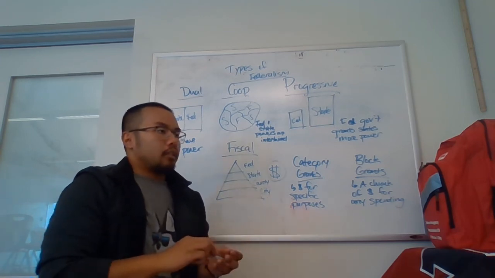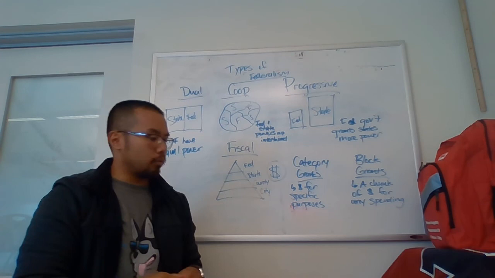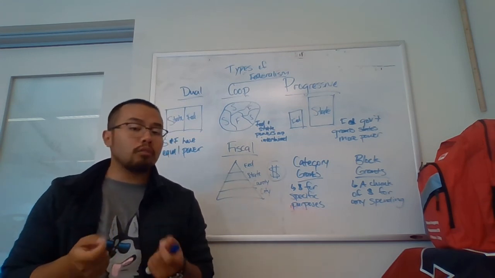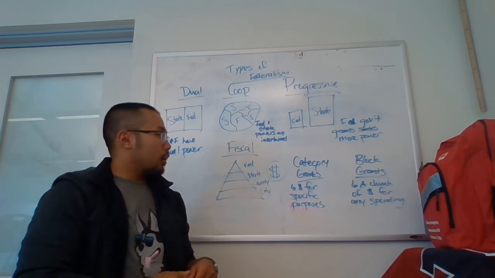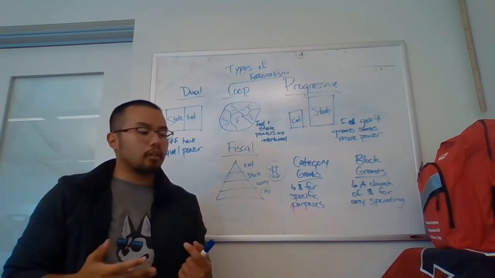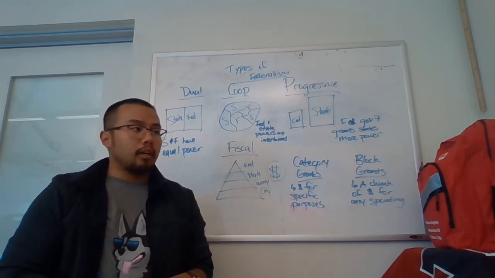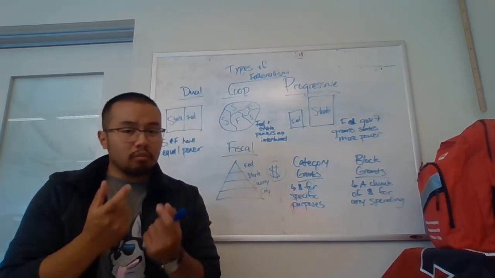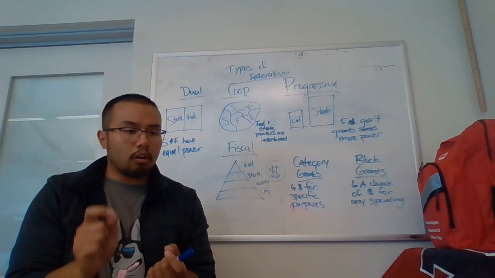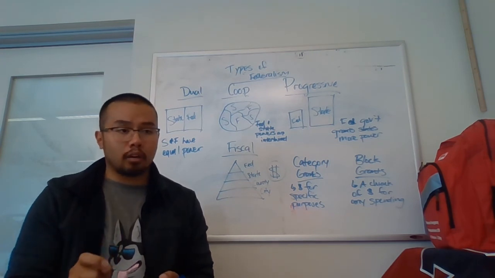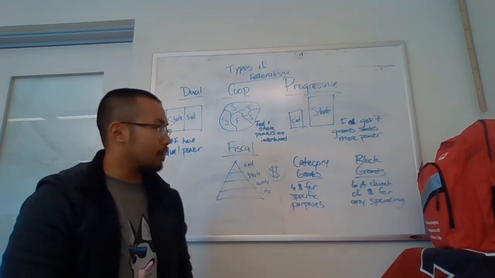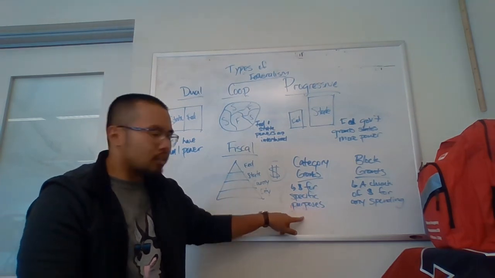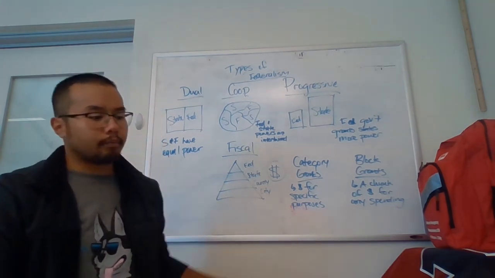An example of this is category grants. Say the federal government says you need to follow our health care regulations, and to help you out with it, we're going to give you a bunch of money, but you must spend it on things related to health care and or health insurance. You can't spend it anywhere else. That's what a category grant is.